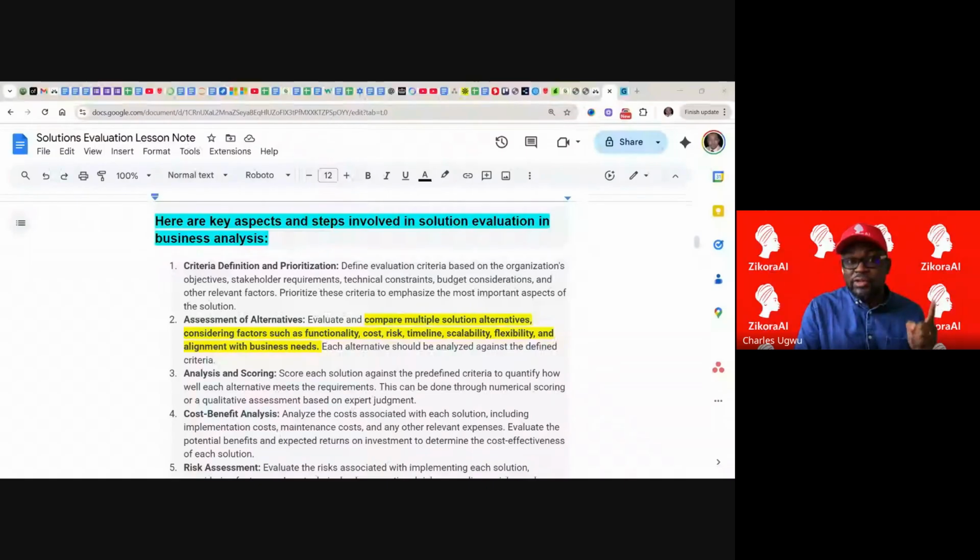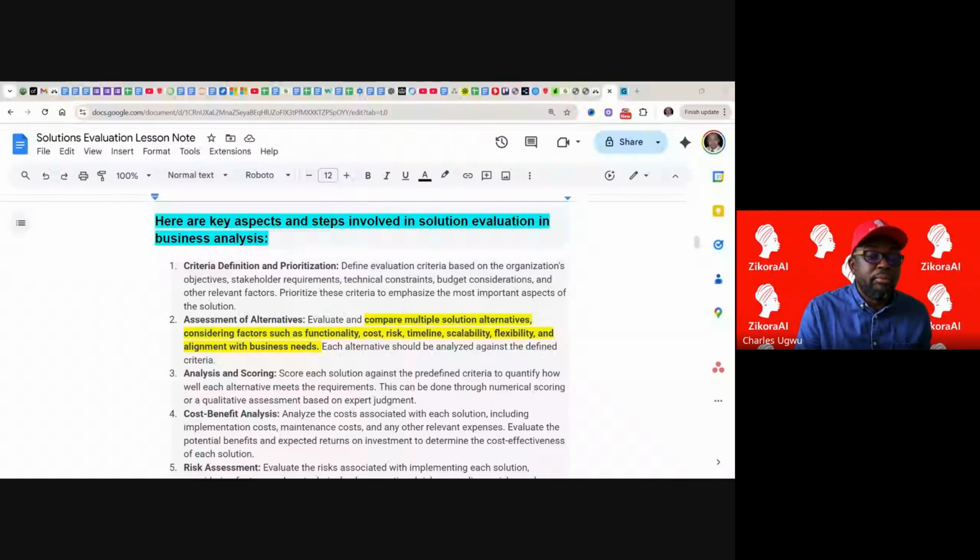As a business analyst, understand the criteria. This is the time you are trying to make a decision. All the analysis you have been carrying out, but it's time for decision. Any little mistake in your decision making, this decision is what you are going to recommend. And if you recommend, that might even be the end of your career in that organization. You might even lose your job, you might lose your promotion. So it's important. So we have evaluation based on